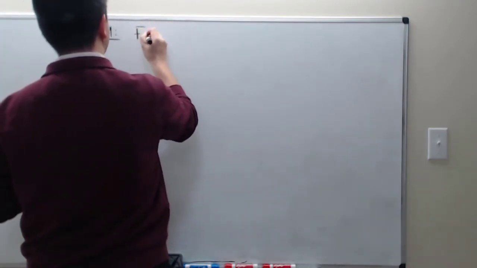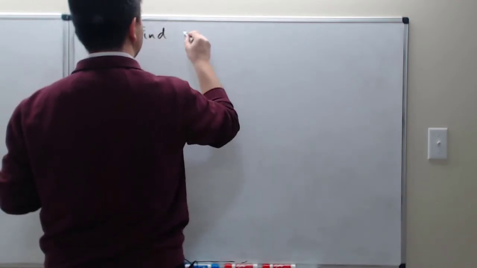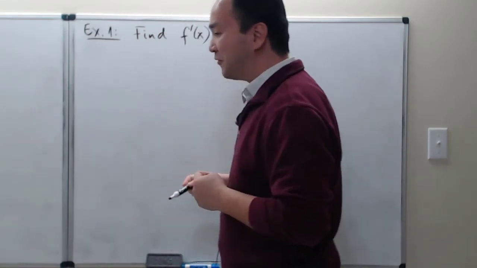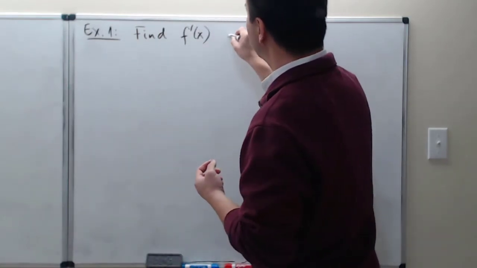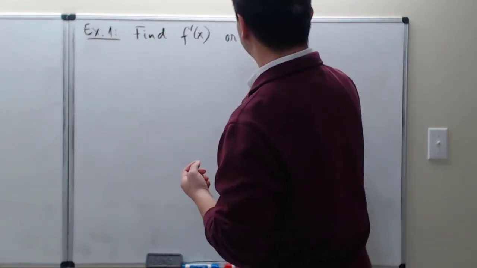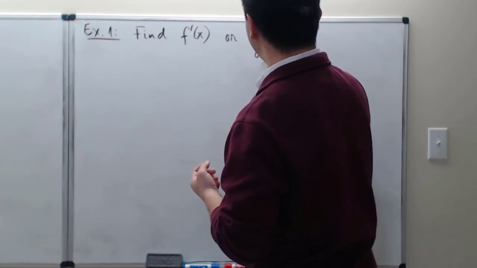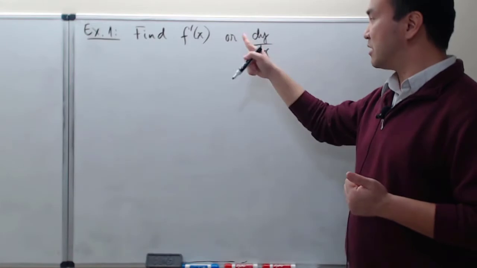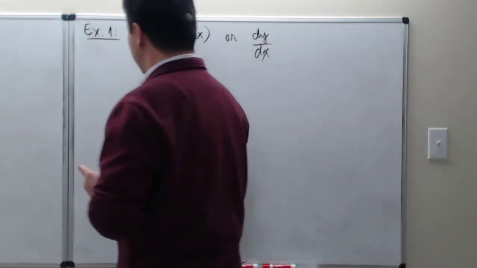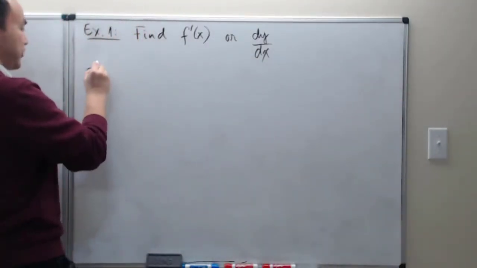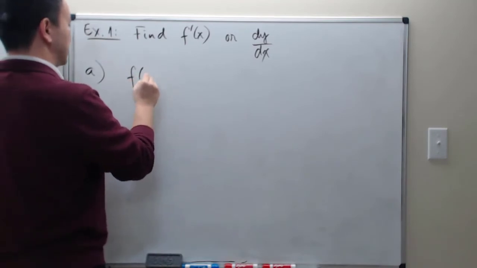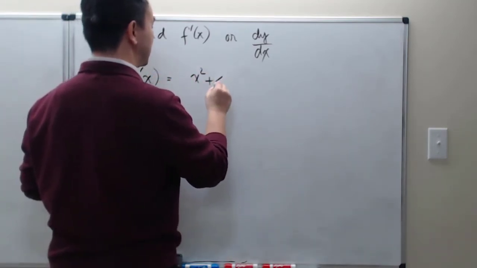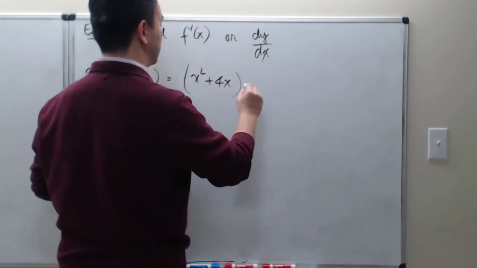All right, so we want to find the derivative. If the function was written in functional form, once again we use f prime, or if the function was originally written in equation form, we find dy/dx. So, find the derivative, either f prime or dy/dx. Now our first function is x squared plus 4x multiplied with